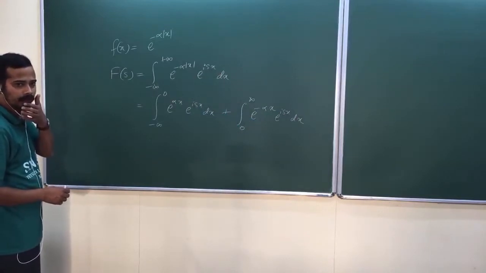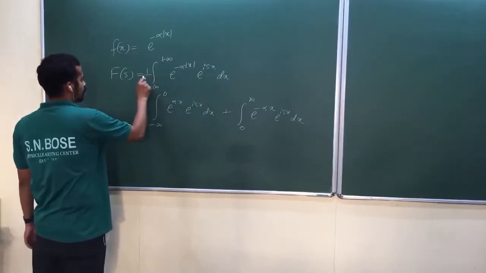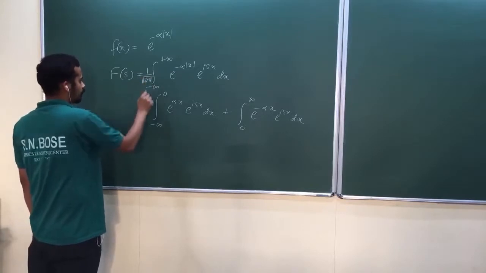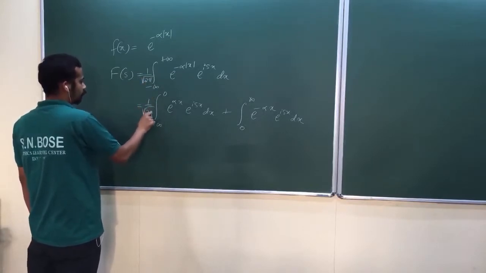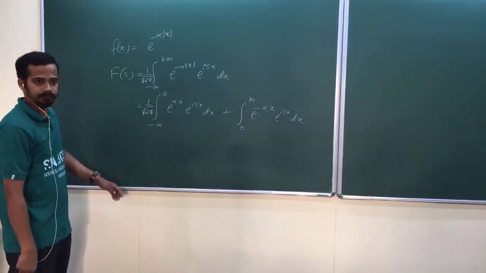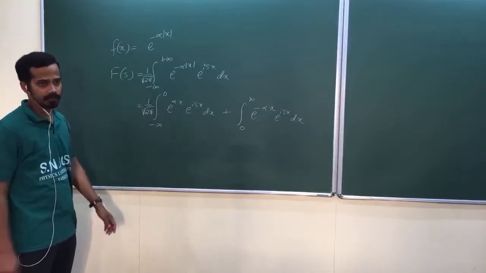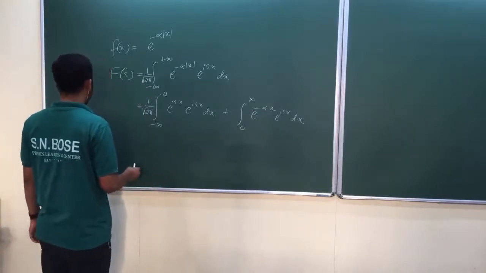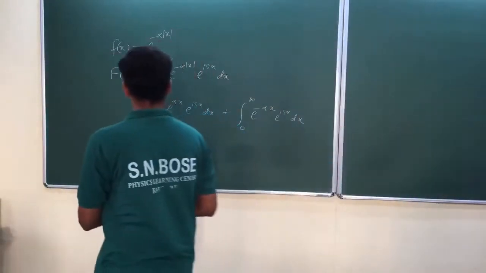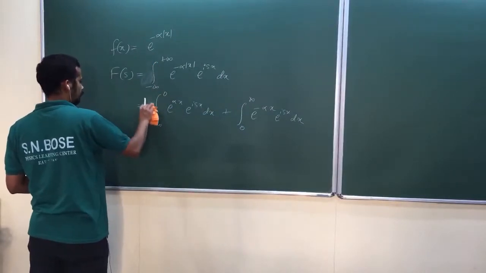Multiply by 1 by root 2 pi? If it is physics, it doesn't matter. I'm not taking that root 2 pi. I told you, including the Fourier and inverse Fourier transform, we should have 1 by 2 pi. Sometimes they will include it, sometimes they will not. I'm referring loosely here, right now. Now look at here. For time's sake, let me rub it out. Usually in physics, we take 1 by root 2 pi.